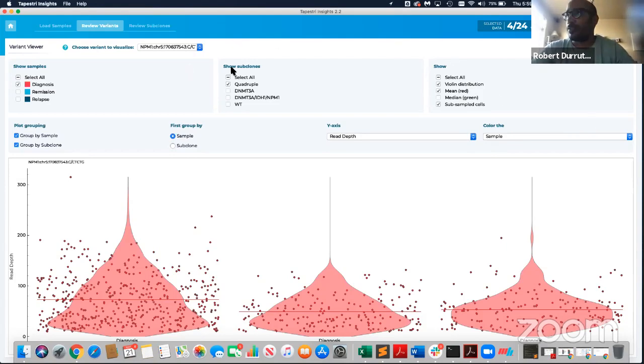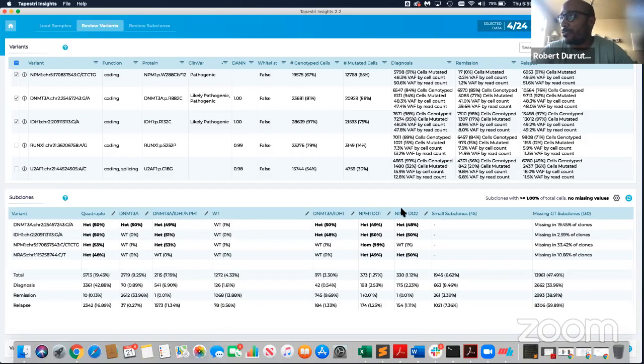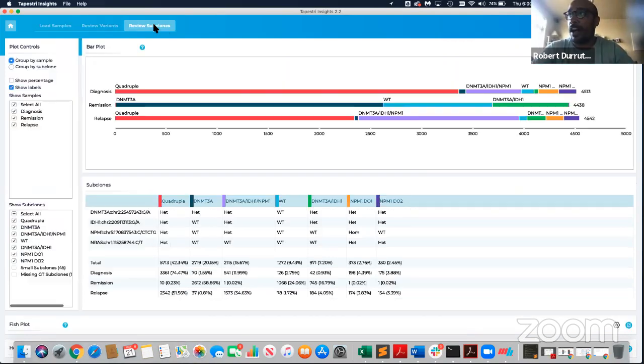And so as a result, this simple analysis enables me to now be more confident that those are potential dropouts. They're slightly above that 1% threshold, and I need to get rid of them. You cannot discard them at this point, so that's why it's important that you label them accordingly. You can and you will discard and disregard them in the final chapter of your analysis, which is really the review subclones